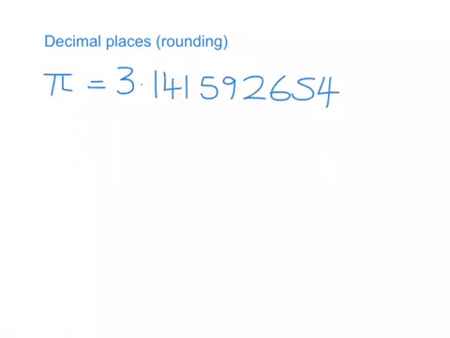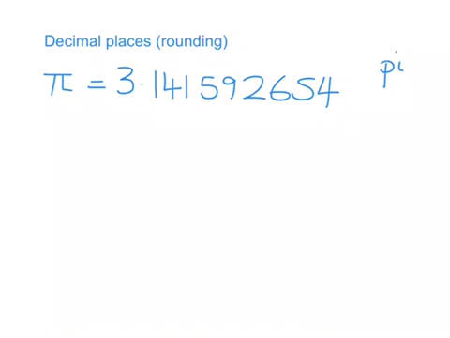Okay, so pi, that's the symbol for pi. If I was writing it in words, it would just be pi, and it's the relationship between the diameter and the circumference of a circle. But the value of pi, when I press the pi button on my calculator, I will end up, depending on how long my calculator screen is for the display of the numbers, it's going to be something like this: